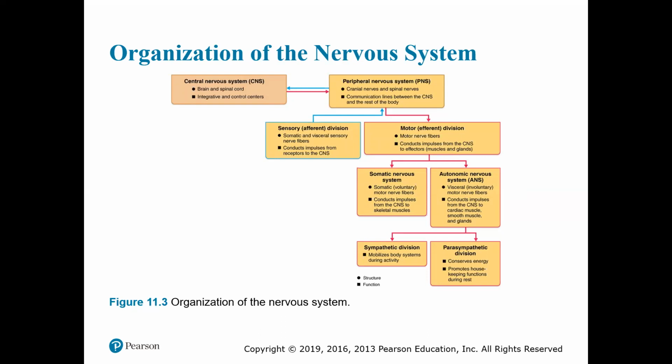So blue lines, that blue arrow is afferent coming into the CNS from the PNS. The red is the efferent going out of the CNS, I'm sorry, out of the CNS to the PNS, and then out to an effector, right? To an effector. So the peripheral nervous system has two divisions right off the bat. Again, don't get confused, go slow, right? The sensory and motor,